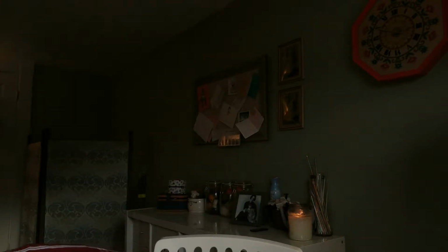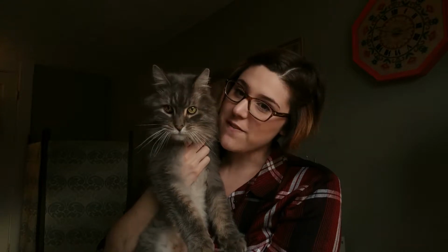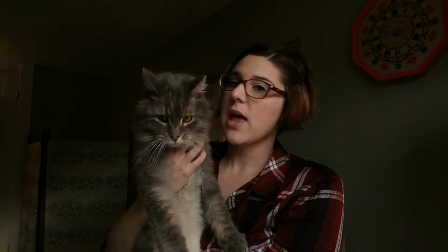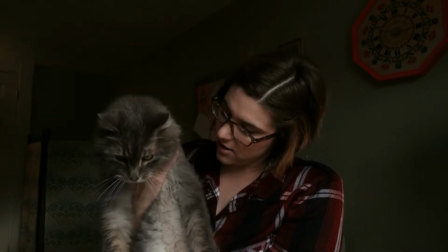There's a cat at the door. Can I help you? Yeah? You want to say hi? This is the birthday boy. This is his birthday today, December 25th, right? He is 17 years old. Old man. David gave him to me for an early Christmas present, our second year dating. He was an old man then, too. After that interruption,